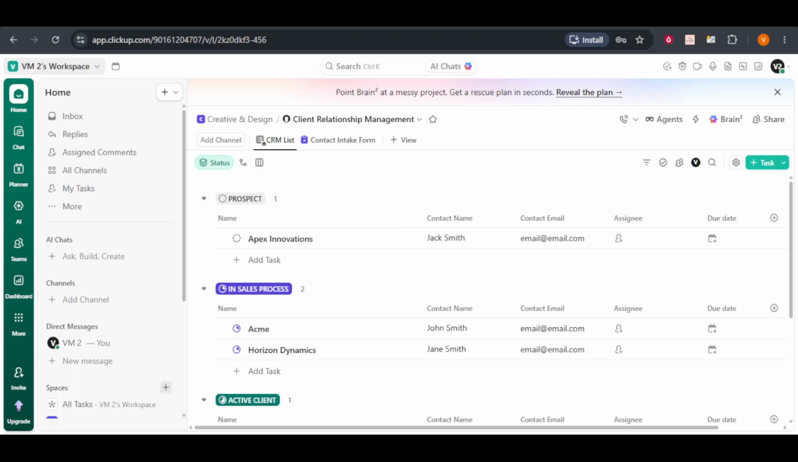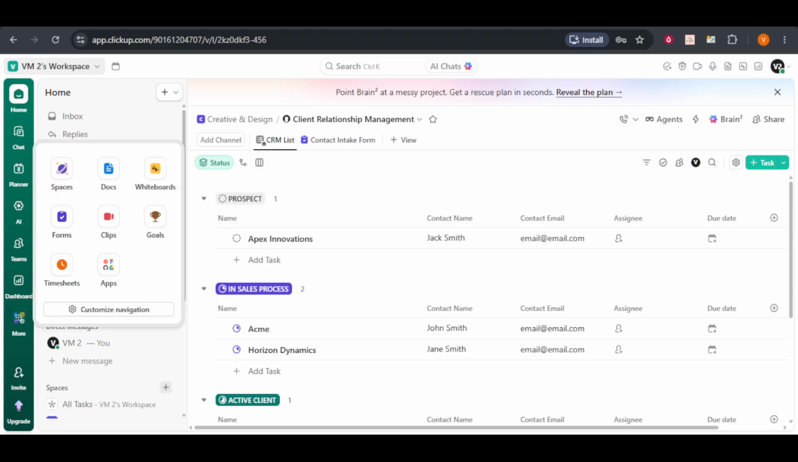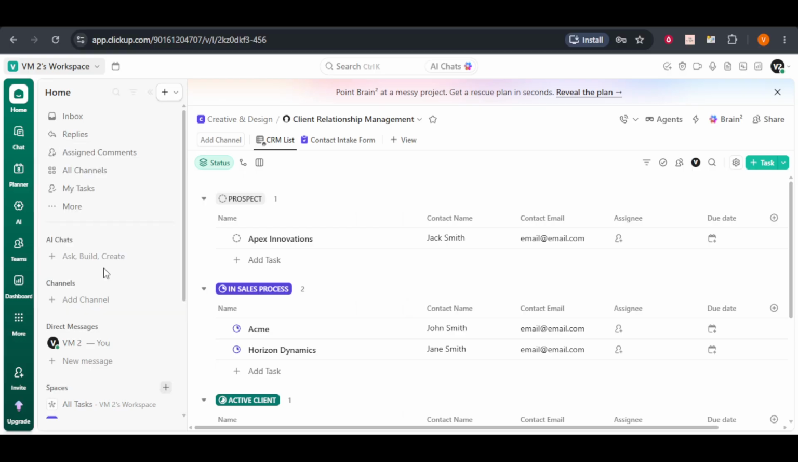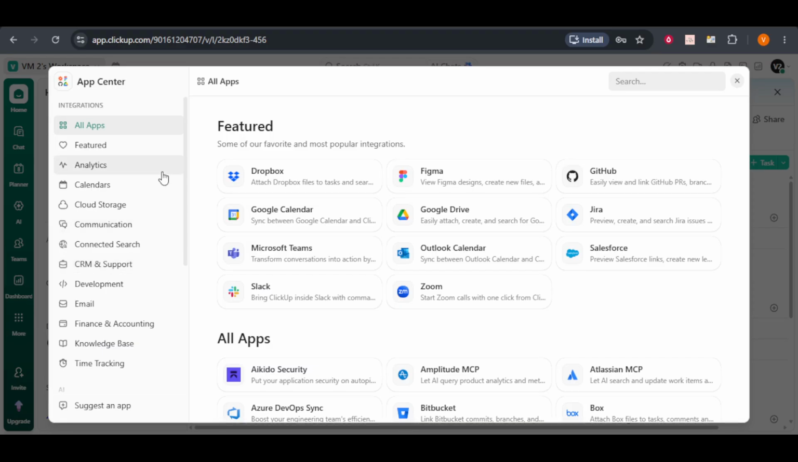Once logged in, navigate your way to the App Center. You'll find the App Center by clicking on your profile picture or initials in the bottom left corner of the screen, which will open up a menu. From this menu, select the App Center. The App Center is where you can find various integrations and apps that can be connected to your ClickUp workspace